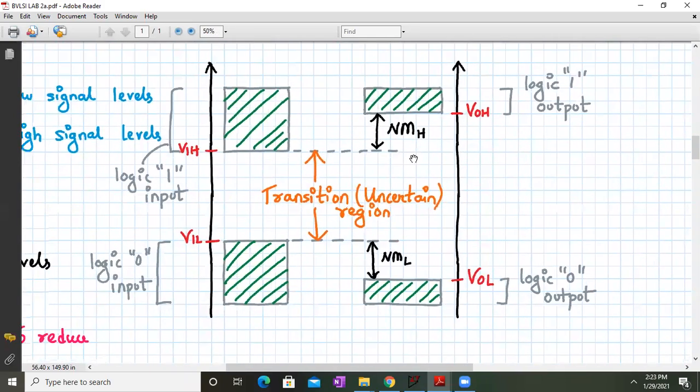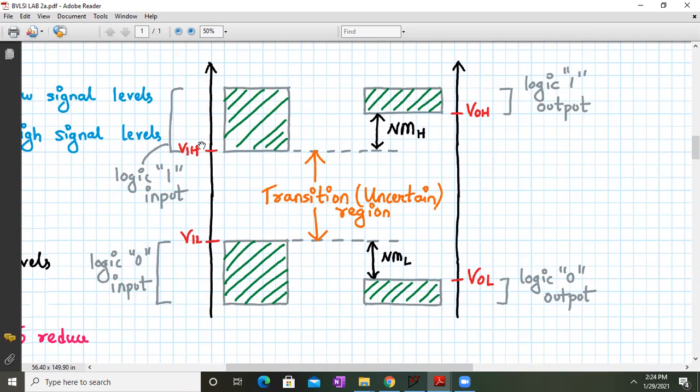Over here we have defined all the 4 critical parameters. We have VOL, VIL, VIH, and VOH. You can see VOH is the logic 1 output. Now VOH can be closer to VDD, or VOH can be slightly less than that also. That's why I've defined a range. So VOH determines the logic 1 output, and VOL determines the logic 0 output. It is also a range, right? VOL can be 0 or very near to 0.